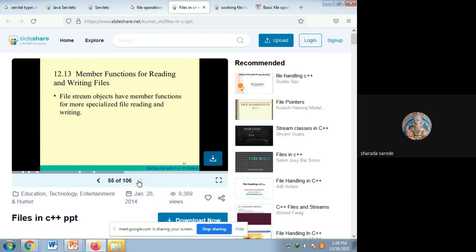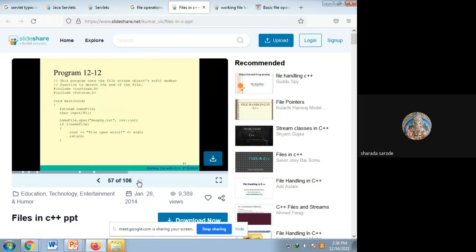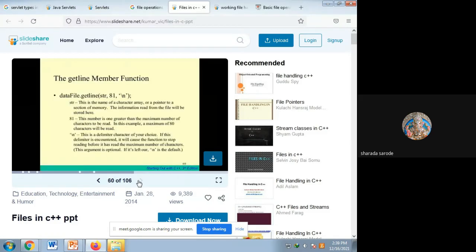Okay, next one, member functions for reading and writing files. File stream objects have member functions for more specialized file reading and writing. So this is the program for that. Next one, the getline member function. So basically, dataFile.getline(